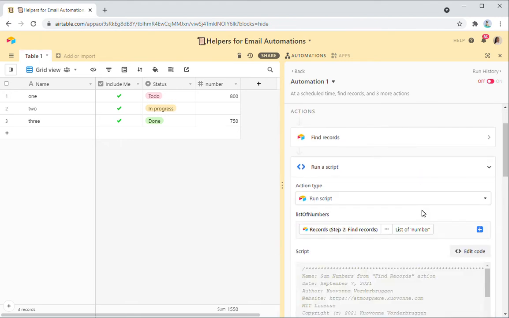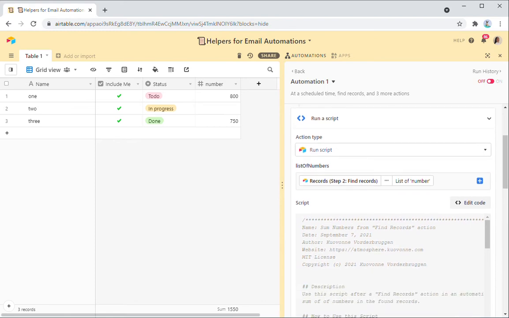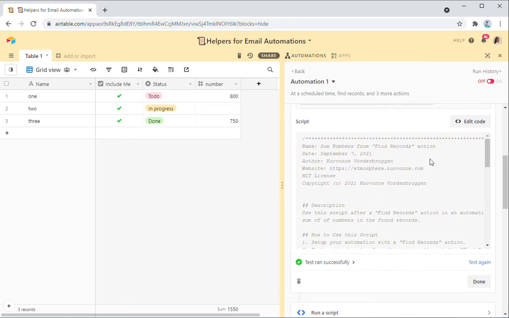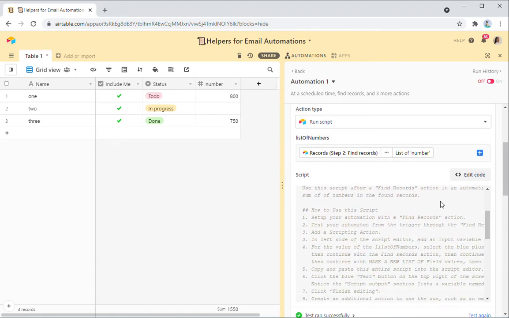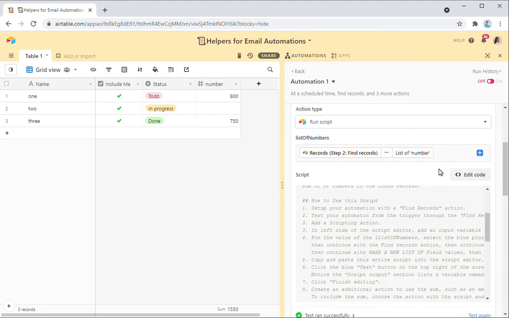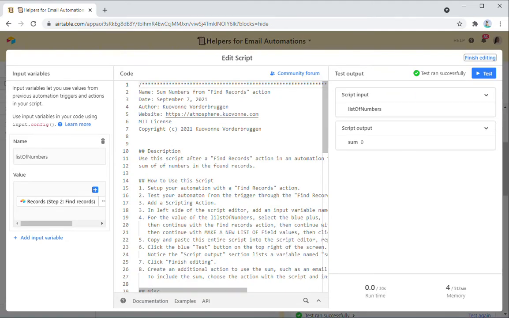So the first one is where I'm going to get a grid with all of these numbers and I want to have the sum of those numbers. Okay. So here you'd copy and paste in the whole script here. And you also would need to have this input variable. So you create that input variable over here where you would type in the name,